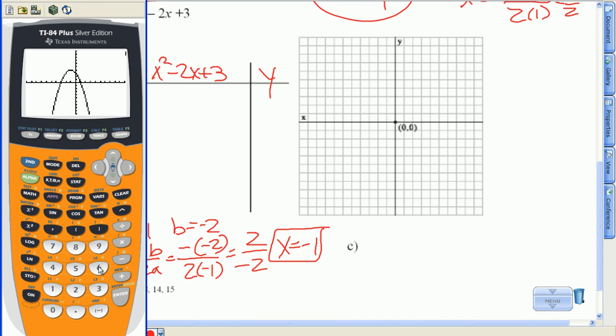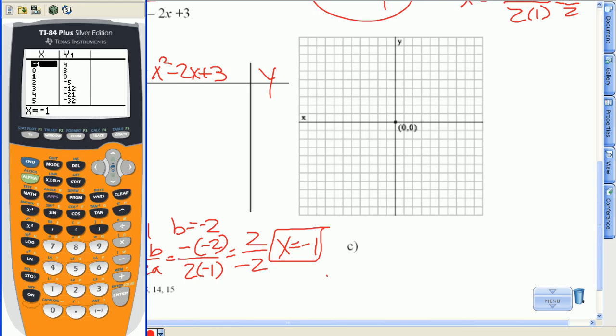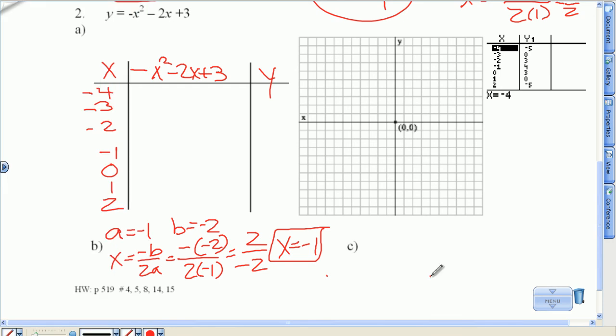Now A is negative, so as you can see it's going to look like a sad face. I go to my table of values, and you'll notice that in my table -4 is the top value there. So I'm going to scroll up until I get -4 on my screen. I can drag this off to the side here for now so that I can kind of refer back to it without switching back and forth like crazy. So we got negative 5, negative 3, 0, negative 2, 3, negative 1, 4, 0, 3, 1, 0, and 2,